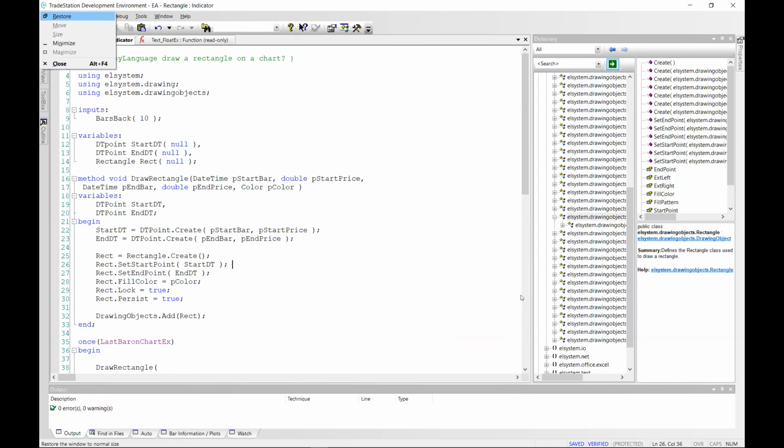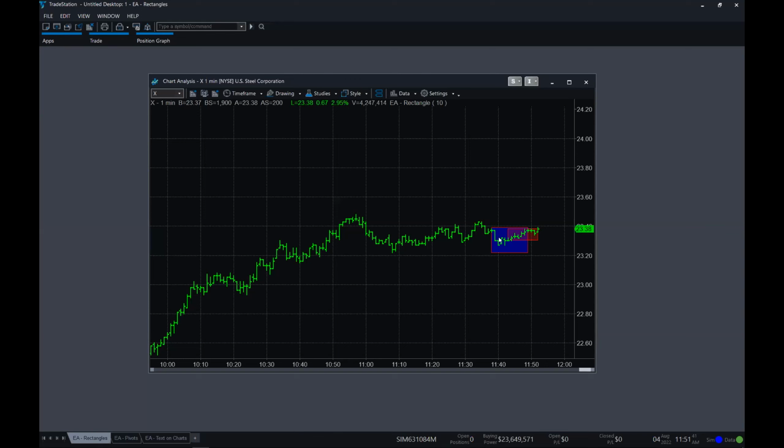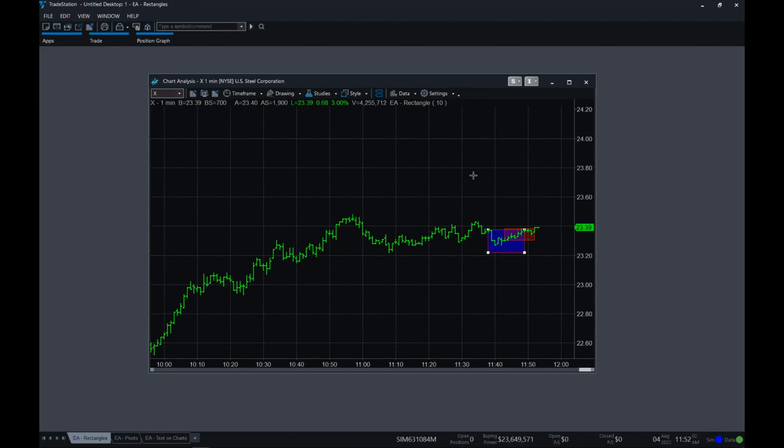In other words, you need an XY point for each corner. Let's say we're using upper left and lower right. We need the date, time, and price. I could use a crosshair pointer to designate a point, and I need both the X and the Y. To designate the upper left, I need both a date time and a price.